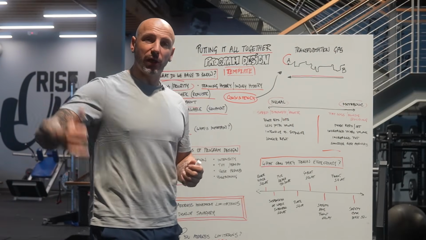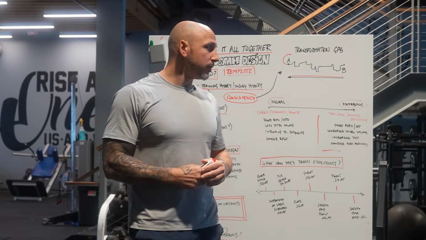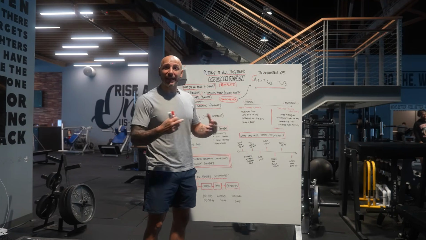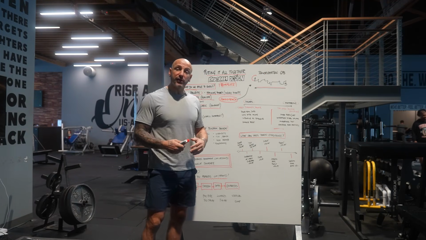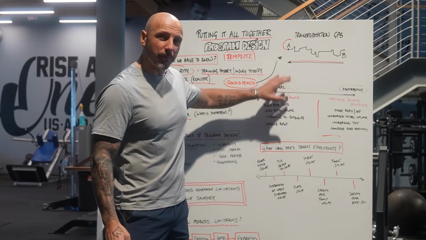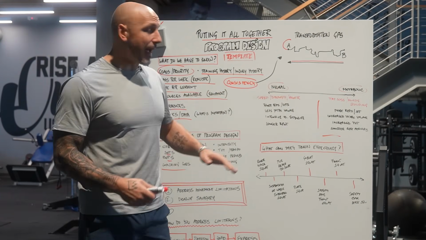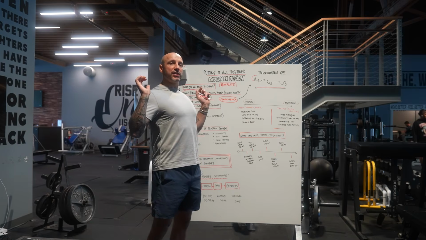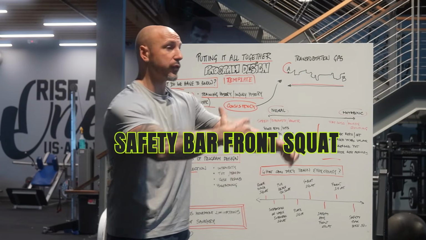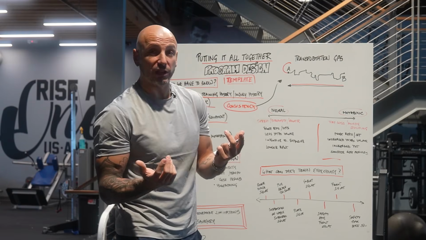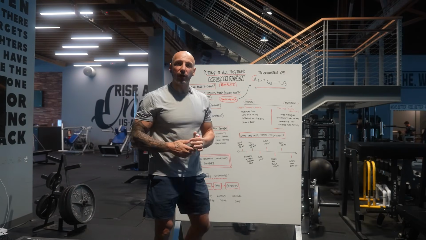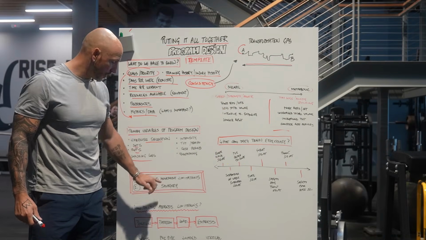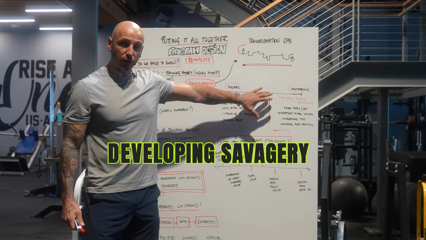Now, we get Joe, who used to be a D1 football player. He also, by the way, has movement limitation. Been working behind the desk a lot. Hasn't really done stuff for a while. He wants to get some of his strength back. He wants to be athletic again. So we're going to dabble in strength, but he also needs a front load because a bar on his back is just going to get him in a bad position. So we do a safety bar front squat because it feels comfy here. We're also going to wedge him up. Load is in the front, bam, that looks pretty damn good. And we're doing sets of 5 to 6 reps. Again, addressing movement limitations, developing savagery based on our goal.